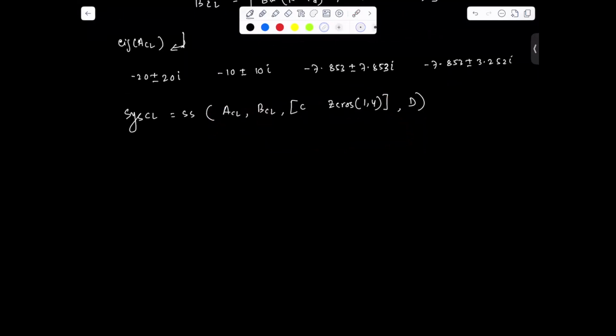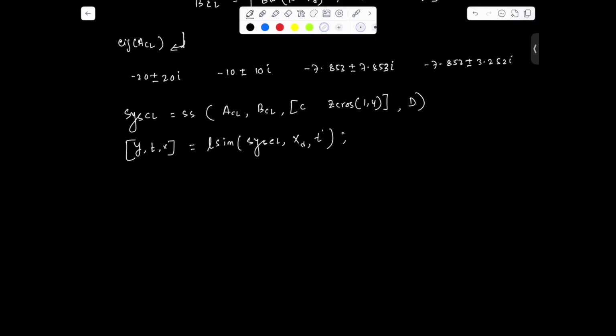Now to find the output, we use the LSIM command, which you already did in the previous lecture: LSIM of SYS CL, XT and T transpose. And if you simulate,